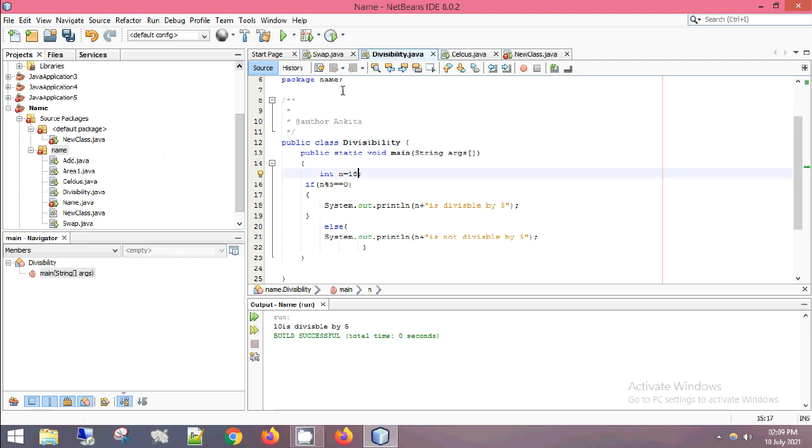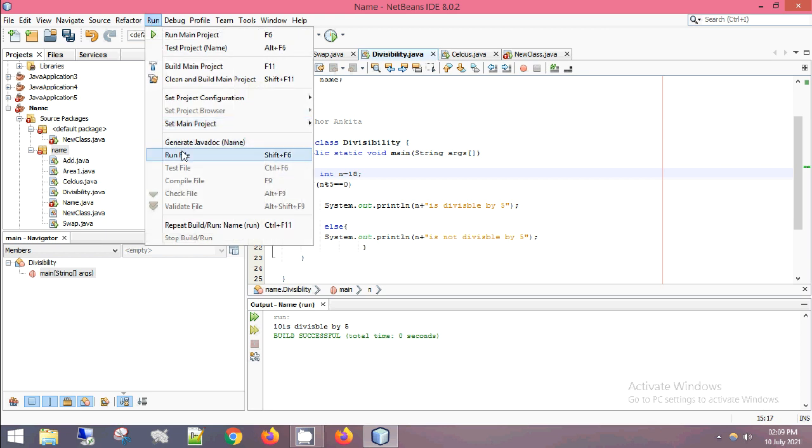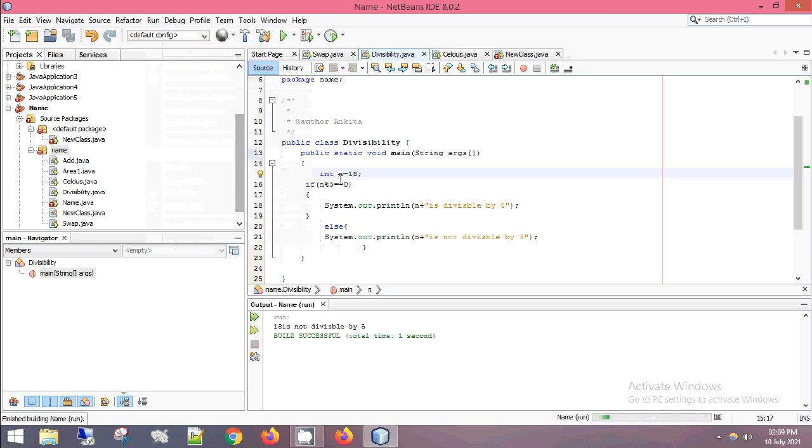When I put it 10, it was executing this particular if and then it was coming out. Now if I am printing the value as 18, what will it do? When I use the value 18, this condition will not be satisfied. So it will exit from this block, come into the else and print this line that 18 is not divisible by 5. I hope you are clear with the concept of if and else.